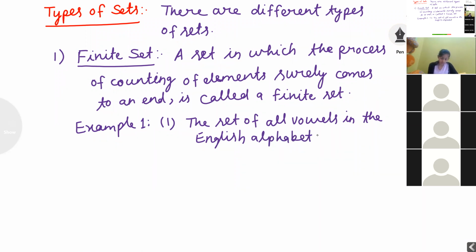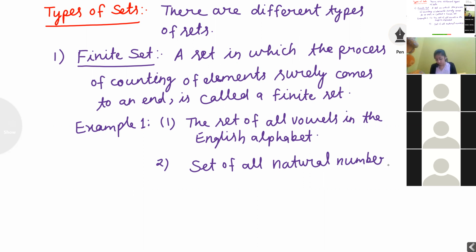Example second, the set of all natural numbers less than 10 crores.